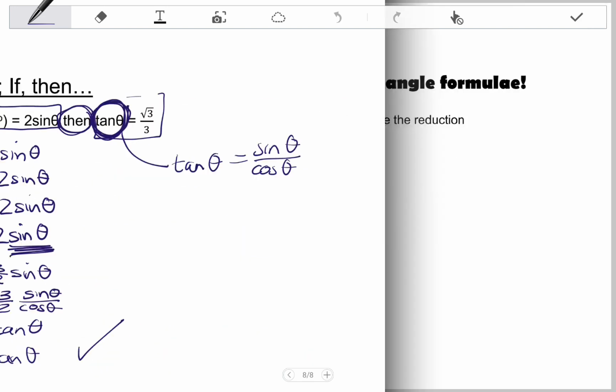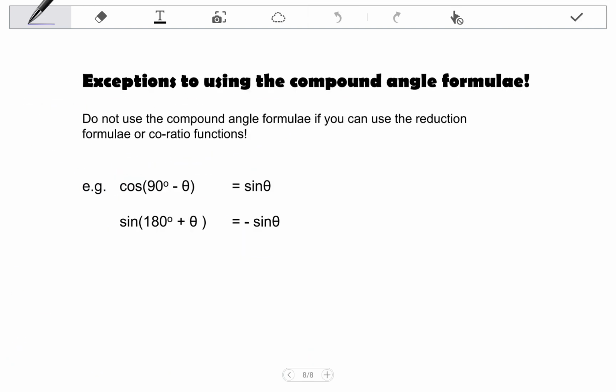Right, a last comment that I would like to make is there are exceptions to using the compound angle formula. And that exception is, do not use the compound angle formulae if you can use the reduction formulae or co-ratio functions. Okay, so just remember that cos of 90 degrees minus theta, we know as a co-ratio reduction takes us to sine theta. But cos of 90 minus theta is of course also a compound angle. So remember that our reduction formulae